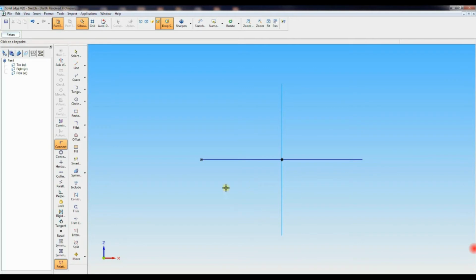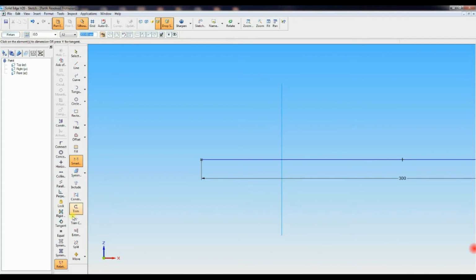Before going to connect, you can get some small error here. Go to small dimension here directly. Go to 300 mm. Then connect or move the line exactly to the center point.